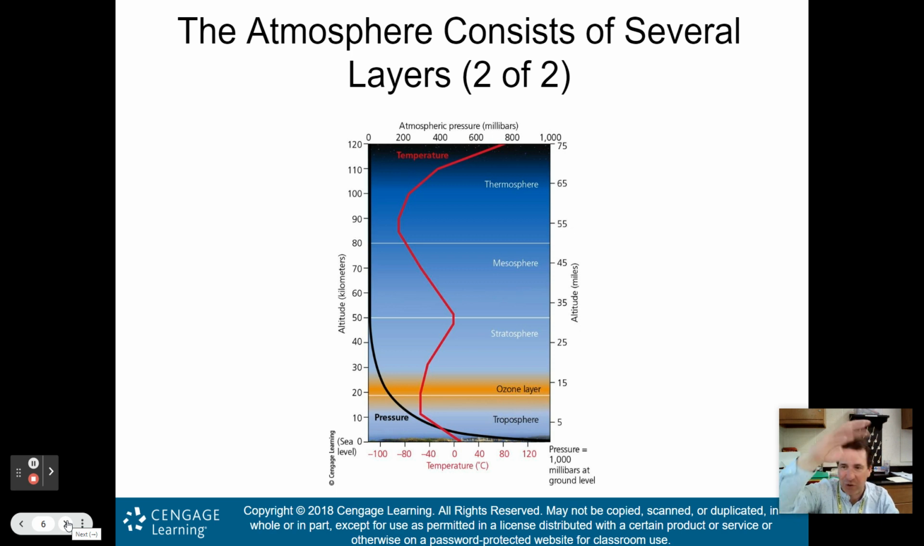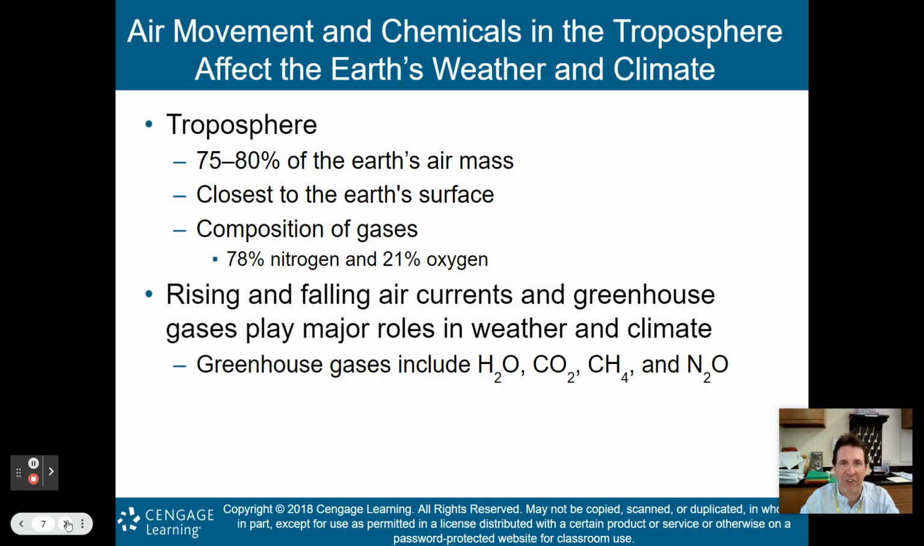Decrease, increase, decrease, increase. So it should be fairly easy for you to remember. All right, air movement and chemicals in the troposphere affect Earth's weather and climate. So again, the troposphere is the layer of the atmosphere